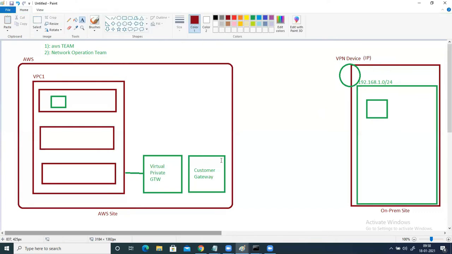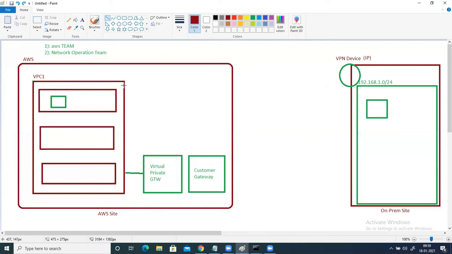So when I'm creating this customer gateway, I'm mentioning the same IP address here so that the connection can be directed from my VPC to the customer network. That is the reason I'm creating this customer gateway. Now let's see. First we will create the virtual private gateway, then a customer gateway, and then we'll see how to create site-to-site VPN connectivity.